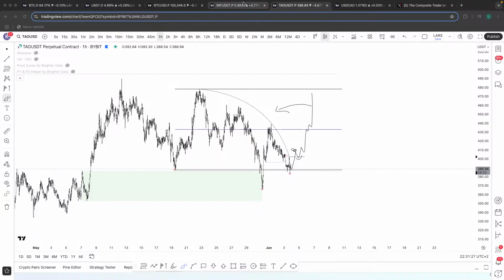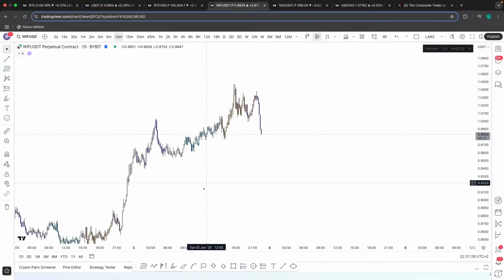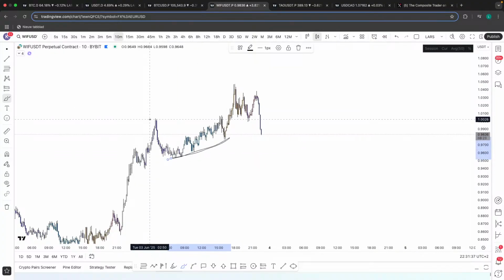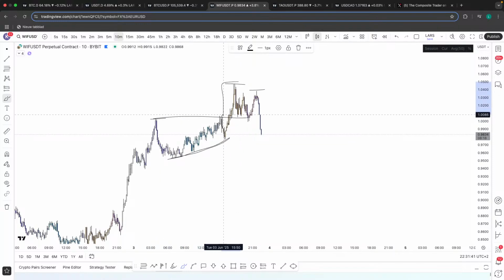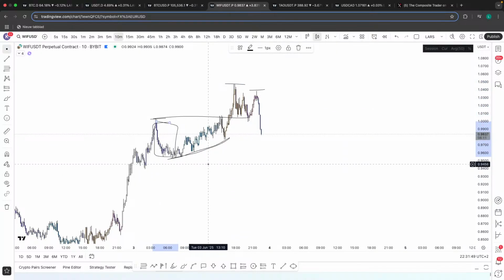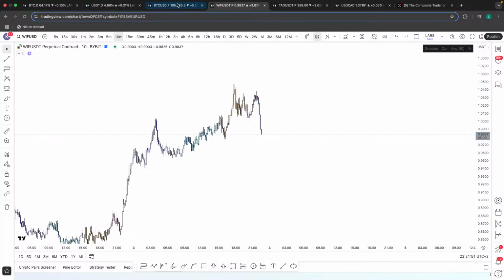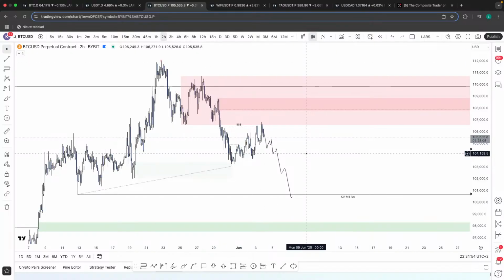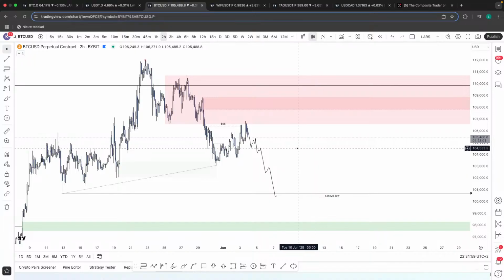And it started with width. I don't see anything here on width. No. You've got some sell side liquidity below you right there, but this is not a proper good looking model. It's too deep of a deviation. The deviation is almost the size of the range. Look at that, this deviation is almost the size of this range. So you can sweep that sell side liquidity. I want that sell side liquidity to get swept because I want Bitcoin to go lower. But, you know, we've got to be patient for the proper models.